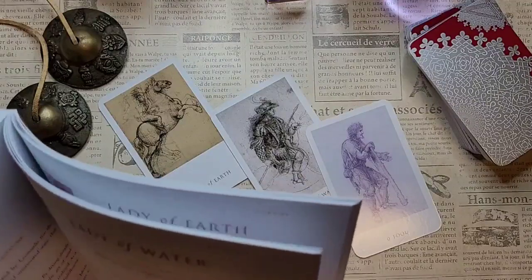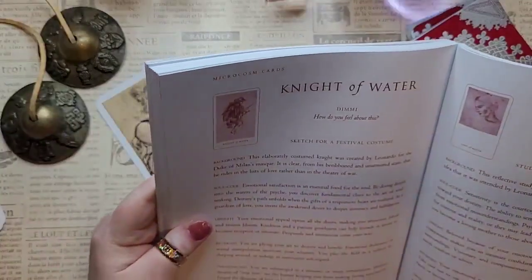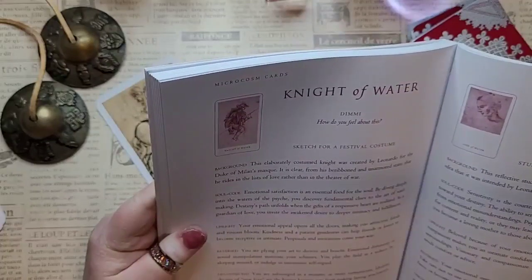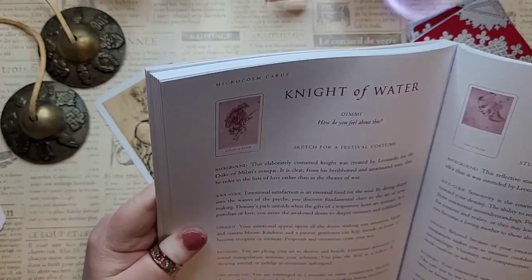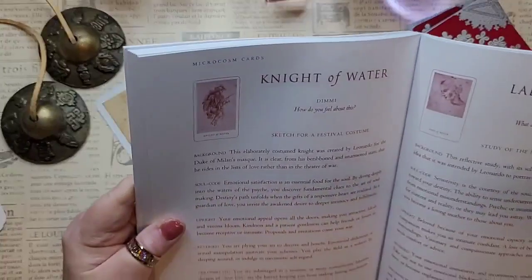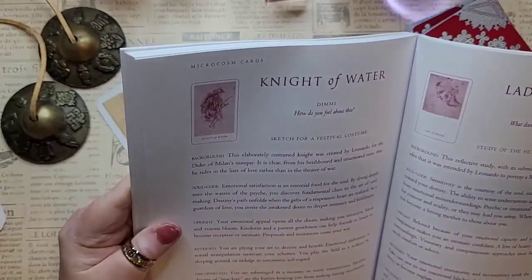Knight of that splashy stuff. How do you feel about this? A sketch for a festival costume. Yes, that's what we have. Background. This elaborate,